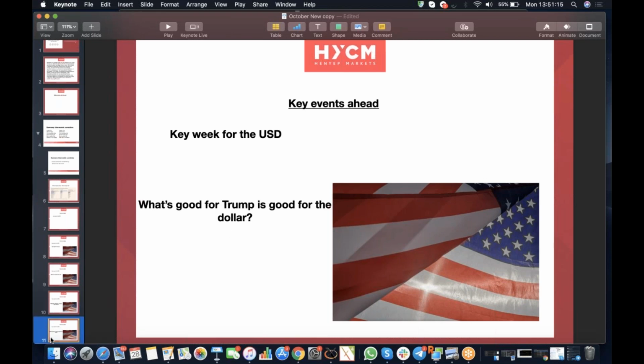Some analysts will say, you know, what's good for Trump is good for the dollar. So it'll be interesting to see what happens on the Tuesday and Wednesday. If President Trump is perceived to have won the television debate, and that puts him closer in the running for the election, then it'll be interesting to see how the market reacts. My question is, is this going to be the metric? If Trump does better than expected, will we see US dollar strength? I'm not sure what reaction we're going to see, and many analysts are saying different things. So this is a time to be very cautious.